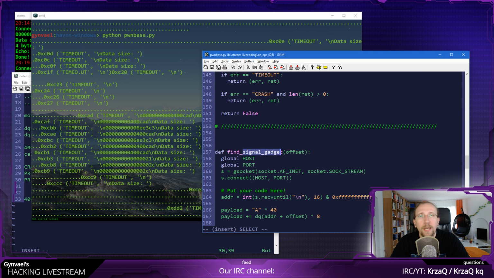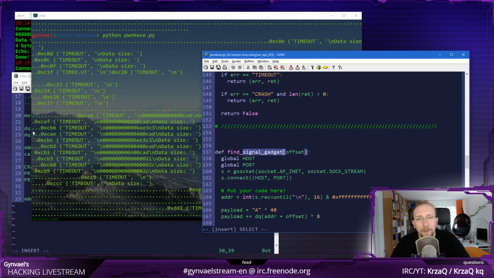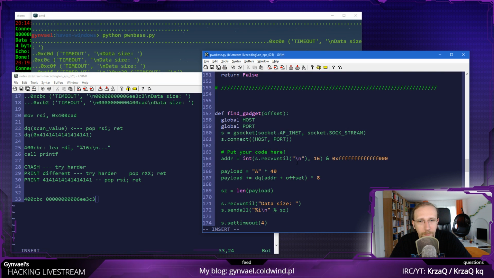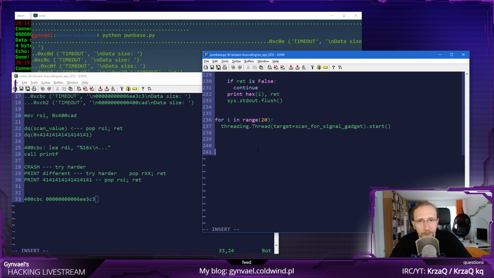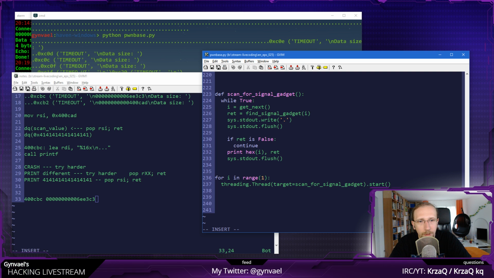I already have the signal gadget, and I know that my signal is actually a printf. Now I'm going to find the gadget. This is the offset which I want to scan. And now my payload is going to... one thing, before I get here, I'm going to change the number of threads to 1. I'm going to change the scan address to always be equal to